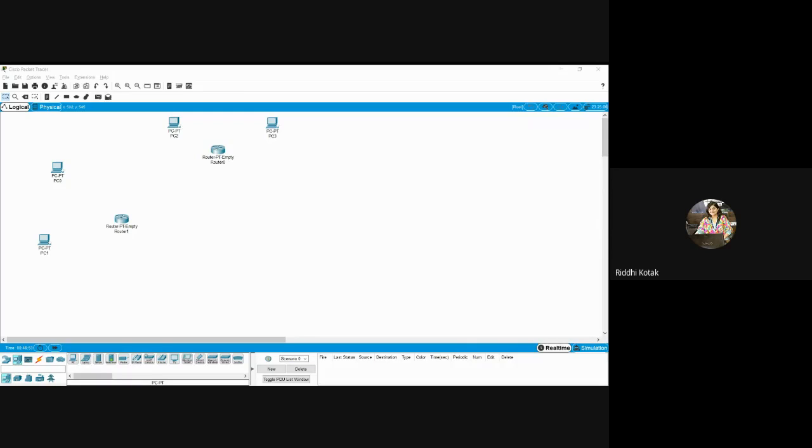N number of devices we can use. In theory you have learned, practically now we will simulate over here, right? So just take your time, and you can create any kind of structure. You can take 3 routers and you can add devices according to your requirement, right? So just take your time and do the same process in your system.